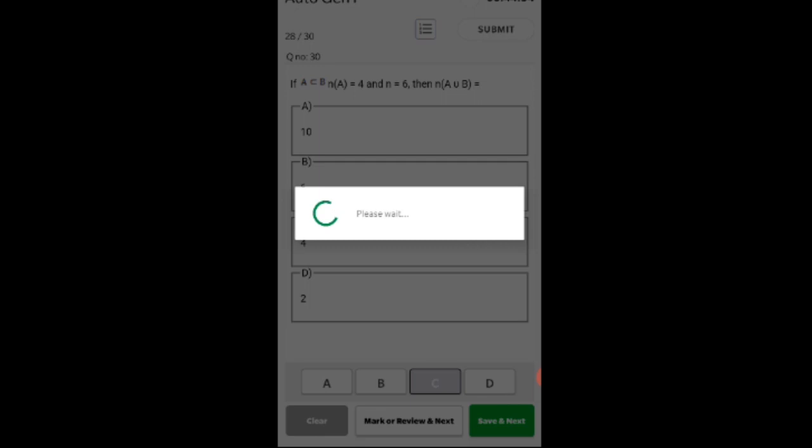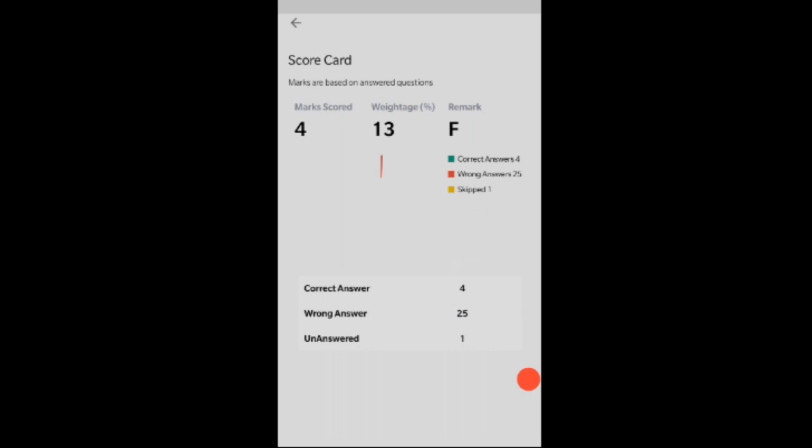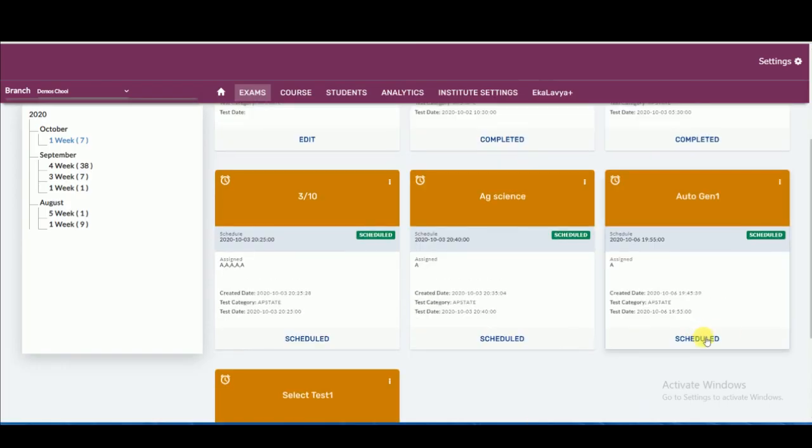Once the test is completed, the result will be generated instantly. The student can see his or her result. A more in-depth analysis will be available in the admin panel.